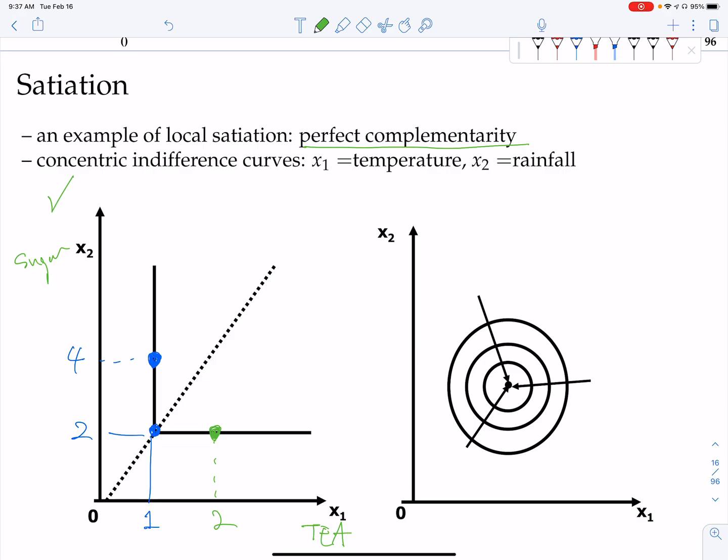So in that sense, this very particular, picky Englishman's preference is represented by this L-shaped indifference curve. This is an L-shaped indifference curve. All right. So this would be an example of a perfect complementarity. And the second example, so this is